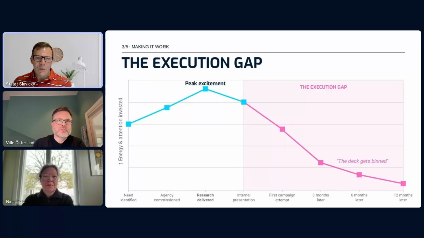When we look at an illustration, what you see is this execution gap. We're all really excited at the beginning. We want to go out and start delivering them, but then we hit the now what, because actually it's a really terrifying moment. You've made this significant investment. You've got a deck of 100 pages. Your leadership team are eager to see what happens. Your CFO wants you to explain why you spent this money and what they're going to see for their return.